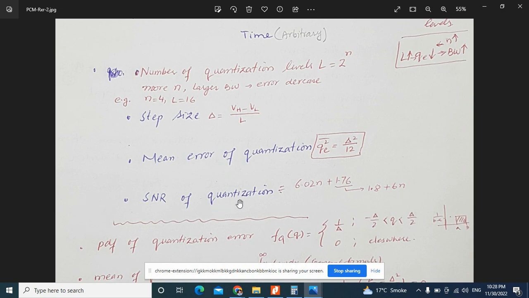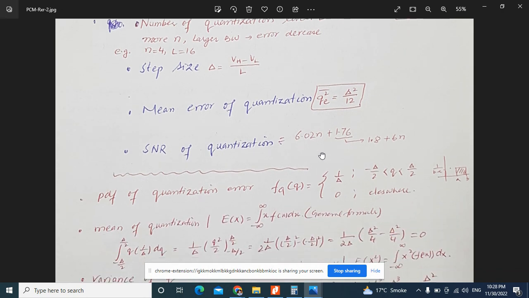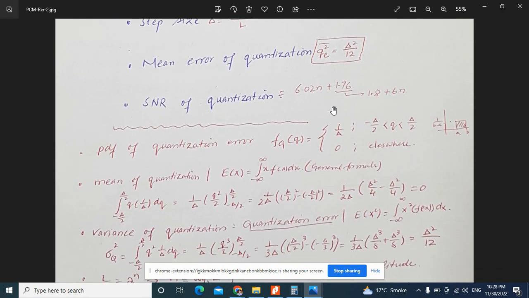So SNR of quantization is equal to 6.02 n plus 1.76. In some books, it is written like 1.8 plus 6n. We have also derived this equation, so if you want to understand it, you can see our previous lecture. There are some other points that we can discuss in this lecture as well, like PDF